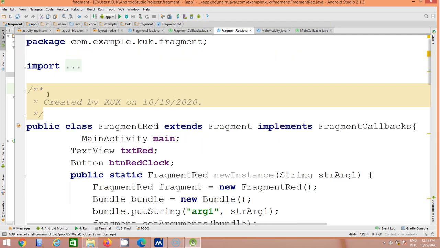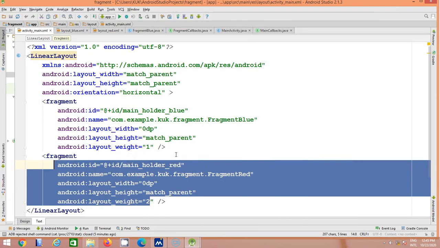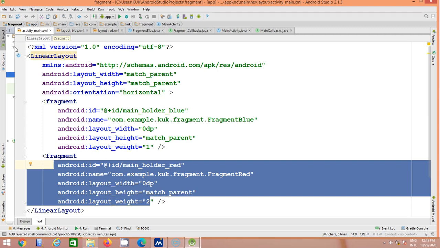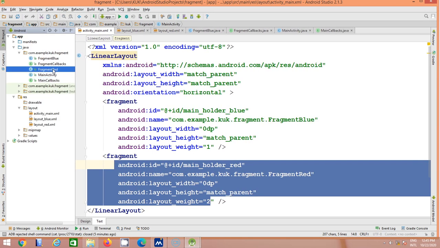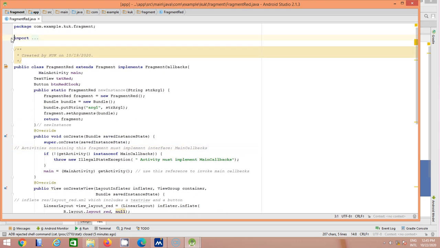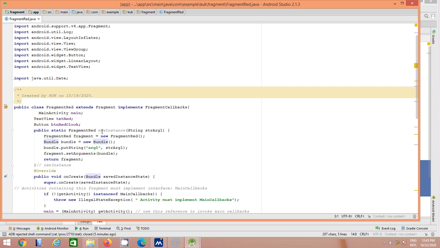the fragment red. The following files we have to import: just a second, the file is missing. We have to import these classes: log, layout inflater, view group, button, linear layout, text view, date.